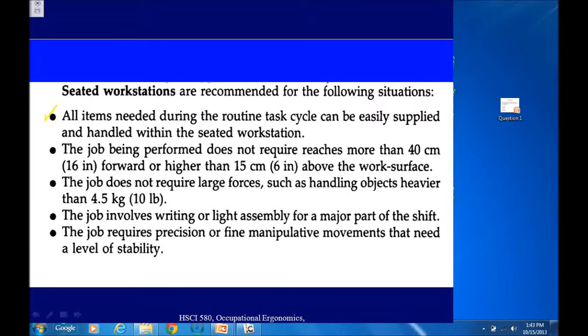This is when you're doing some particular work form or function while you're sitting down. The job being performed does not require more than 40 centimeters or 16 inches forward, or higher than 6 inches above the work surface. You'll be tested on this, so write this down: you're looking at something being performed no more than 16 inches out, okay? 16 inches out from your chest, and no more than about 6 inches above that work surface. Why? Because when you're sitting down,